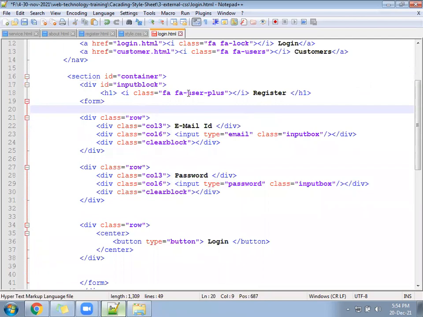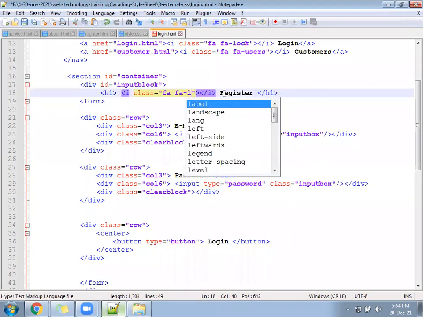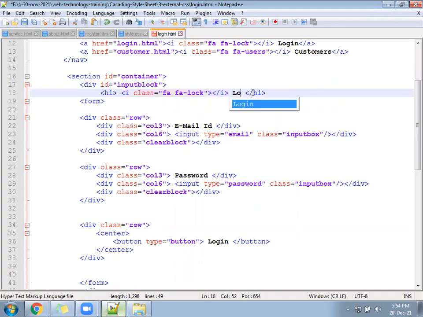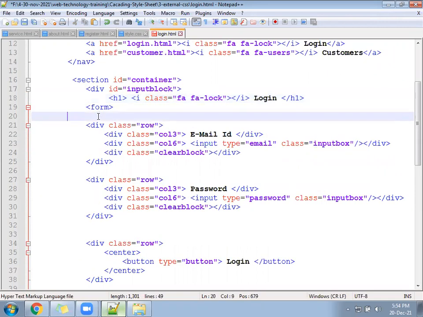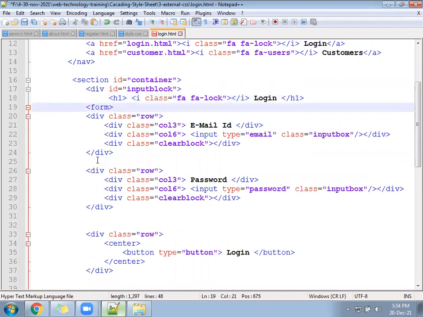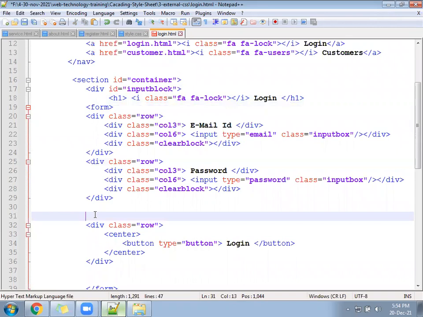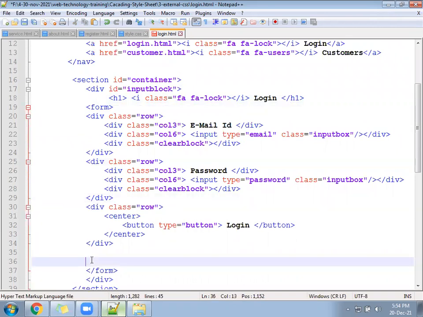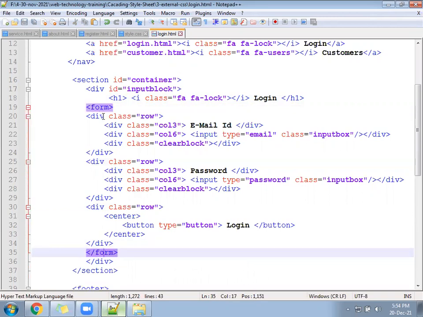And user plus you can convert into login. Click, check once. That's बढ़िया.